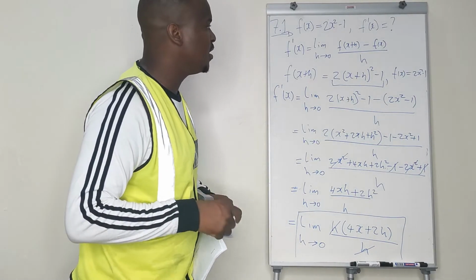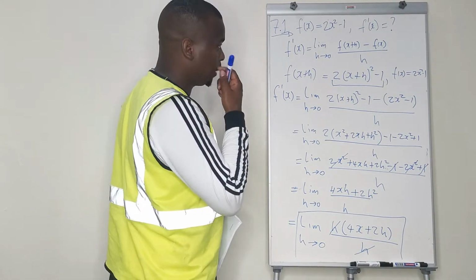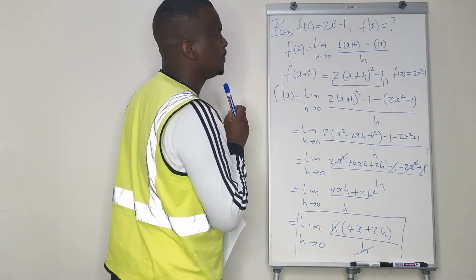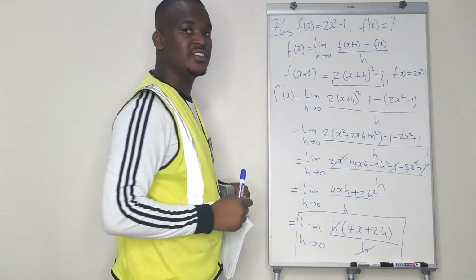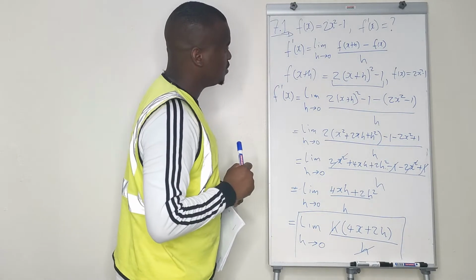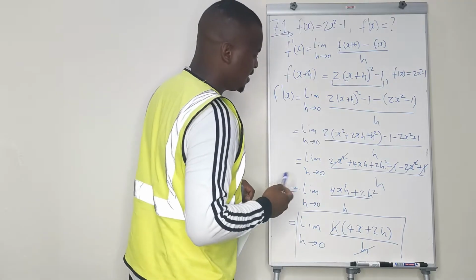Hopefully it's clear from the beginning here. What they gave you, you were given f, and they said they want the derivative from first principle, which means using this definition here. So what you did, say, okay, they are saying